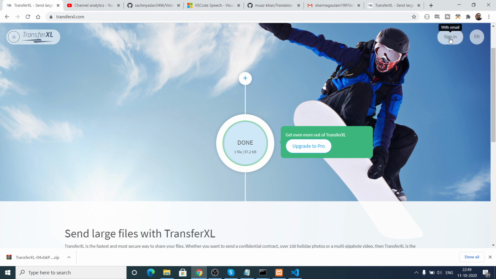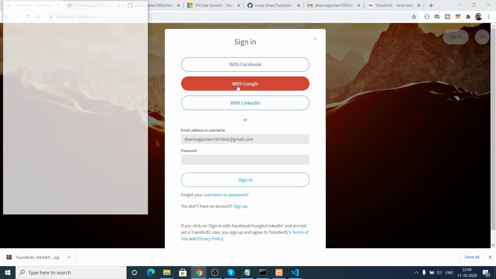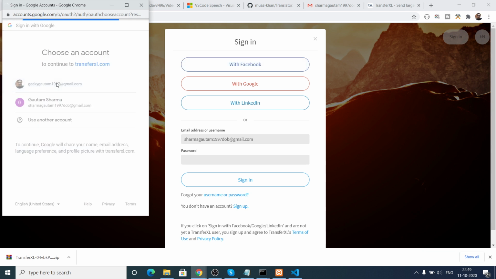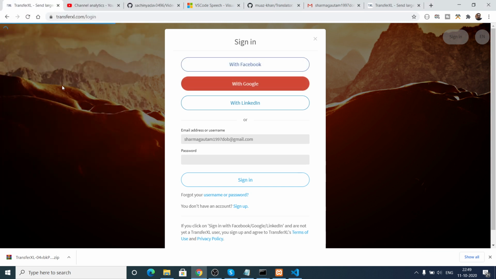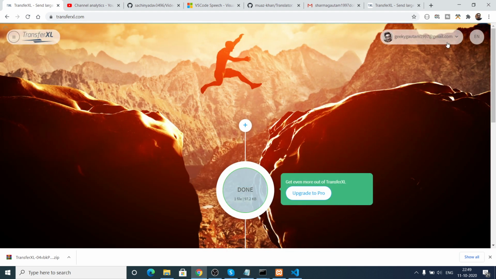You can even create your own account. There is a sign-in option. You can use Facebook, Google, or LinkedIn. So you can just log in with your Google account if you want to use their pro version. So I will log in with my Google account. So you will see